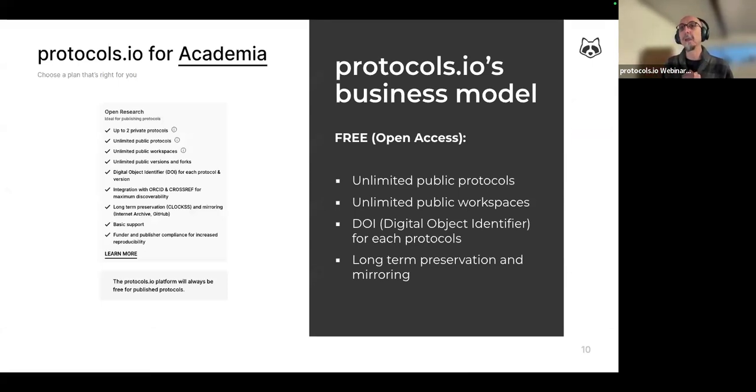So generally speaking, Protocols.io comes in two flavors. We have a completely free open access repository, which provides unlimited publishing of protocols. Each of these public protocols will receive a unique digital object identifier, or DOI, making them permanent and citable. It is thus free to create an account in Protocols.io and to publish an unlimited number of protocols. And because the repository is open access, it is equally free to come and read, use, and reuse any of these public protocols.